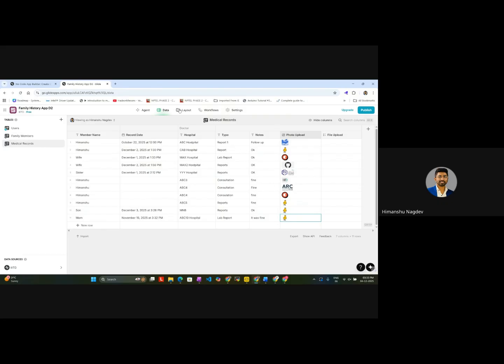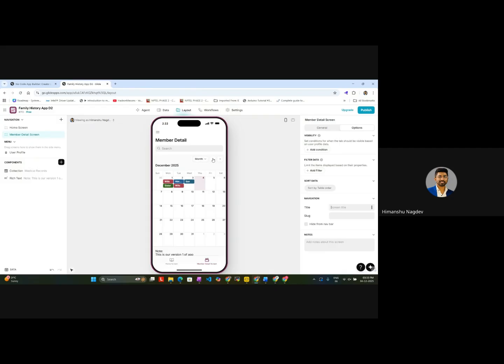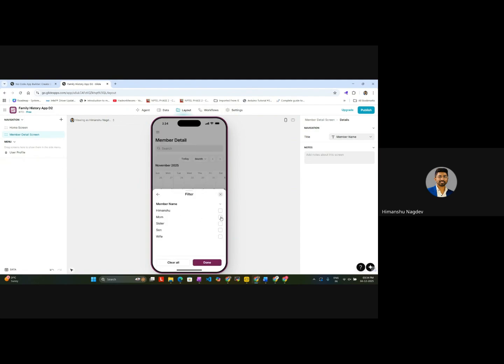So this is my solution. Here we have a screen like a member detail screen, and in here I had submitted a document for this date, 19th. So you can see that in a calendar. Here I have also one more feature: if I just want to filter for mom, I can just see my mom's documents. I have submitted on 19th of November at this time, and this was the lab report,